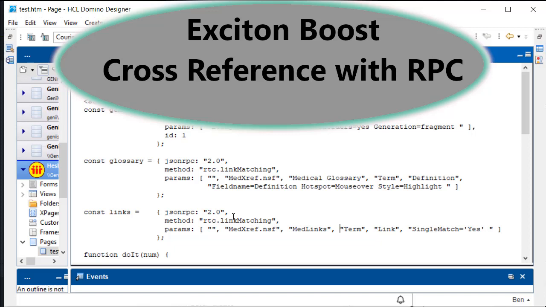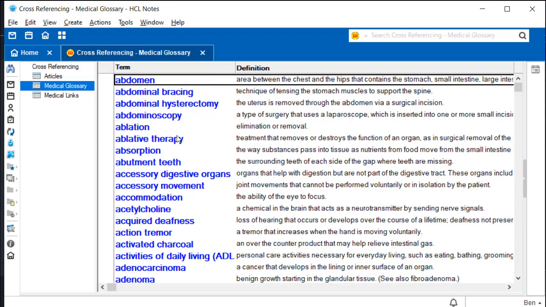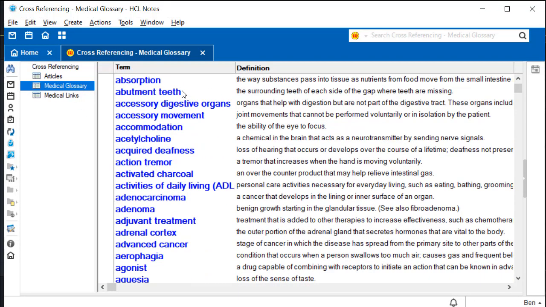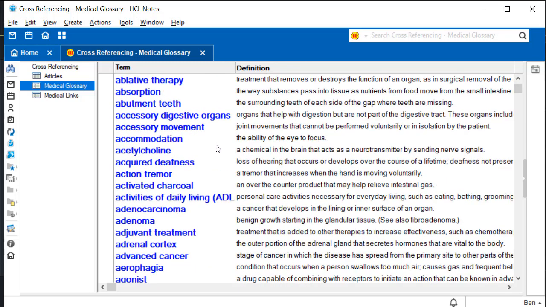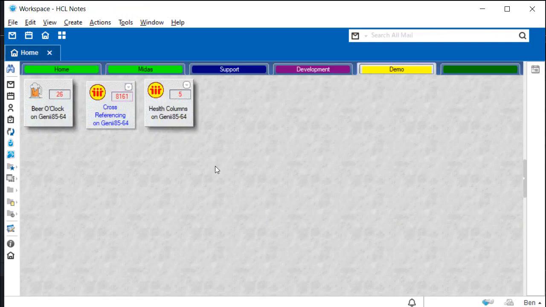One of the reasons for using RPC calls, remote procedure calls, is that you have data that's on the server that you don't want to bring down to the client. This could be product databases or whatever else. In this case, it is a bunch of medical glossary terms and medical links to various databases. I don't want to bring these thousands of documents and thousands of links down to the client in order to